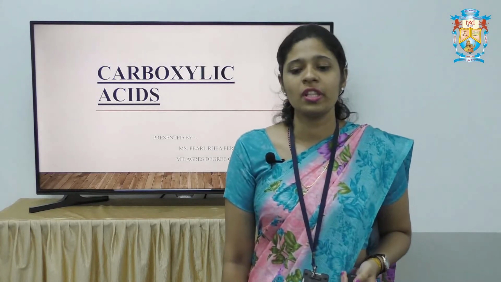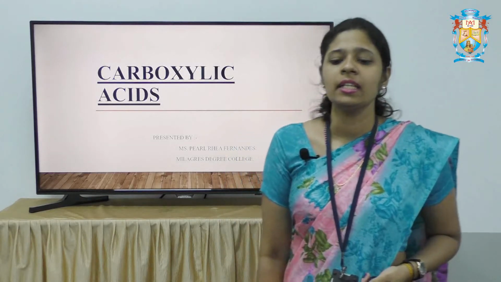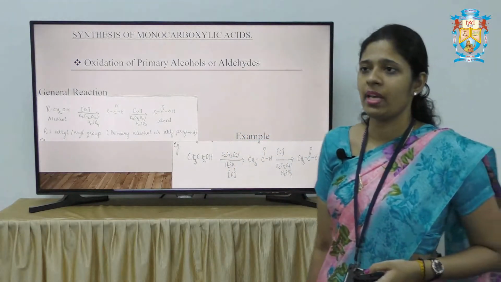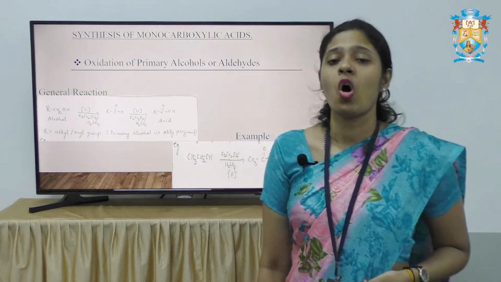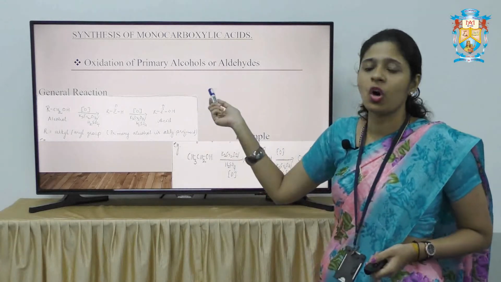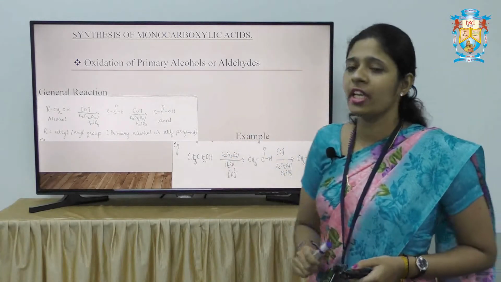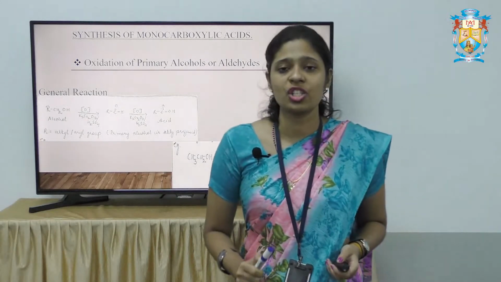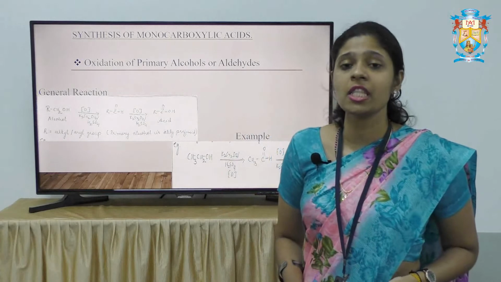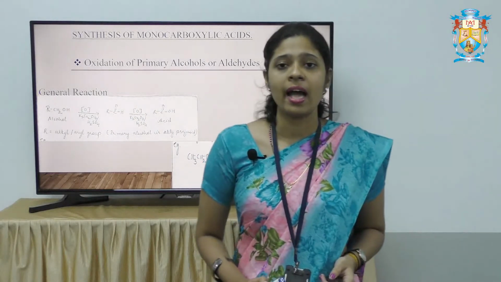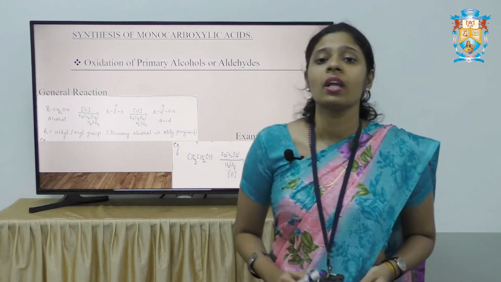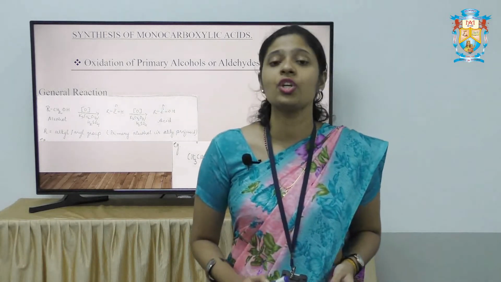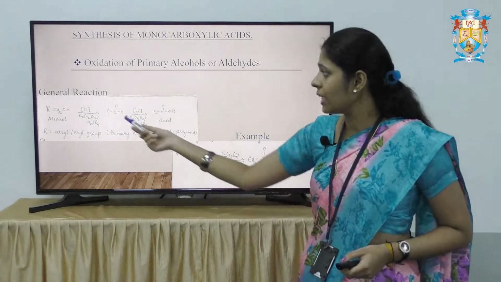So we move on to the synthesis of carboxylic acid, that is, preparation of carboxylic acid. So these are the preparations. The first method is oxidation of primary alcohols or aldehydes. In the oxidation of primary alcohols or aldehydes, oxidizing agents such as potassium dichromate, that is K2Cr2O7, and H2SO4 are used. Here we have alcohols which on oxidation get converted into an aldehyde and further get converted to